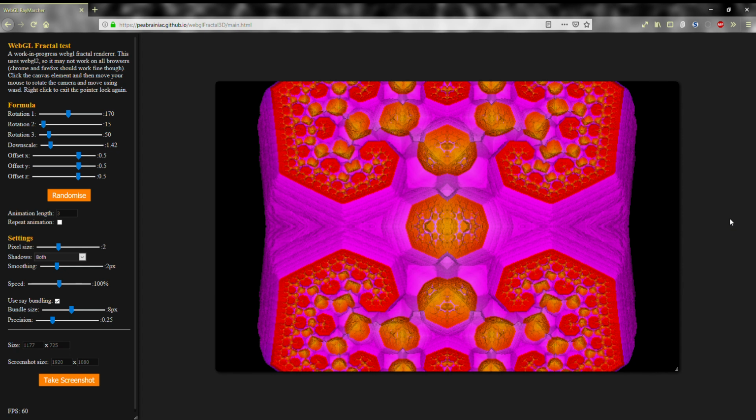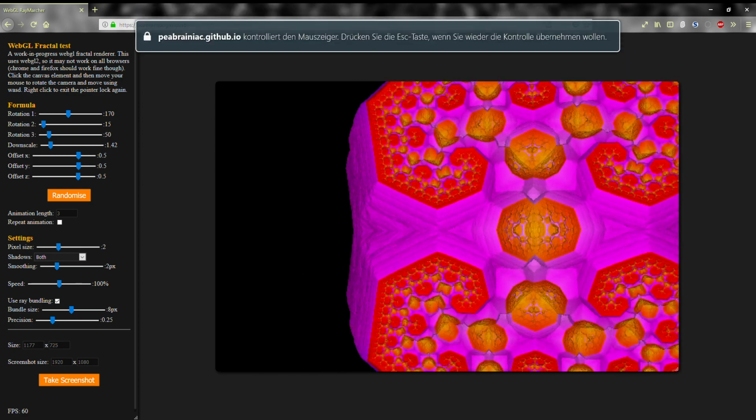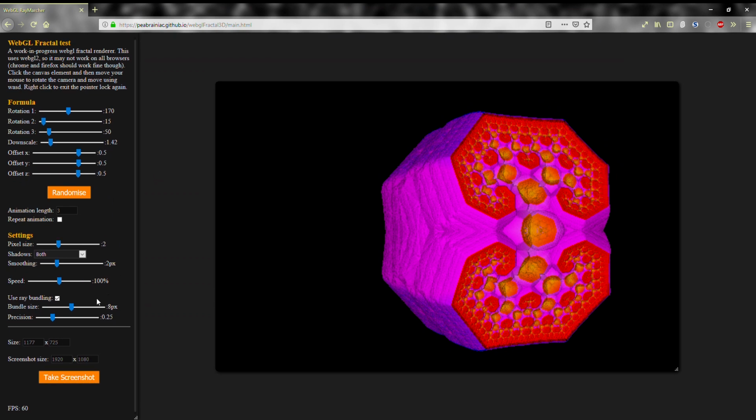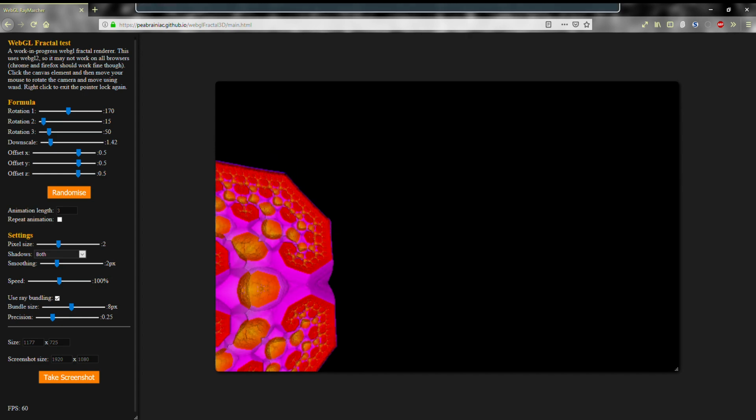I've been back from my vacations for about a week now, and since then have been working on my Fractal Ray Merger again. I just wanted to quickly show you the new features that I've added. And as you can see, there's quite a few new things going on here now. Let's go over them one by one.